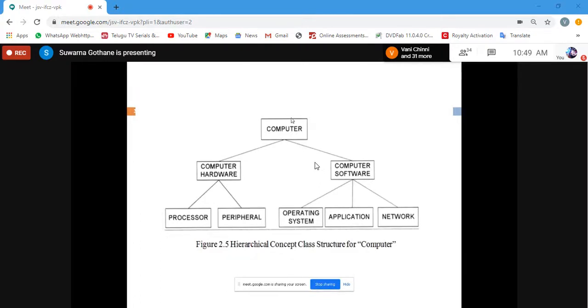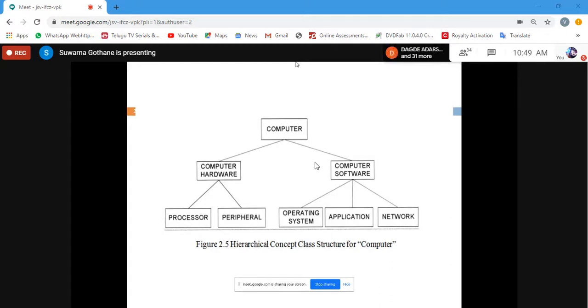Here the computer is classified, and it shows the hierarchy as computer hardware and computer software. In hardware you can have various components, such as the processor, and inside the processor you can go deeper into the specifications associated with it. Then peripherals, such as the mouse, speaker, keypad or keyboard, or any other alternatives, like the microphone which we are using. So other relevant peripherals are applicable. This is about hardware.